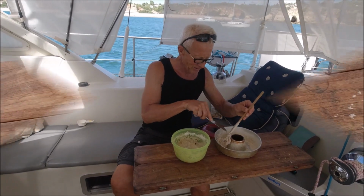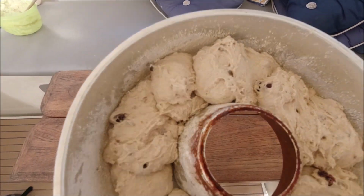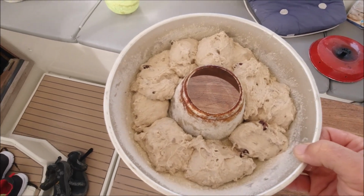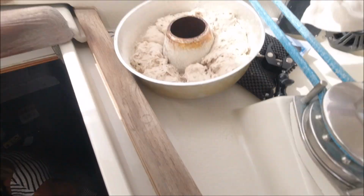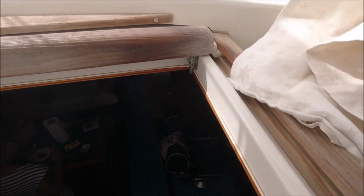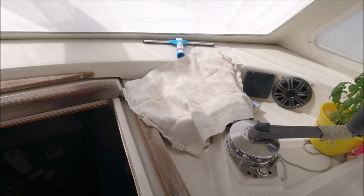I will show you the result later on. It looks like this when I have put out the dough. It doesn't look that pretty, but after rising a second time, it will look much better. And again, you put it in a warm place. I put it under the windscreen, and I cover it with a tablecloth, and then it's allowed to rise for